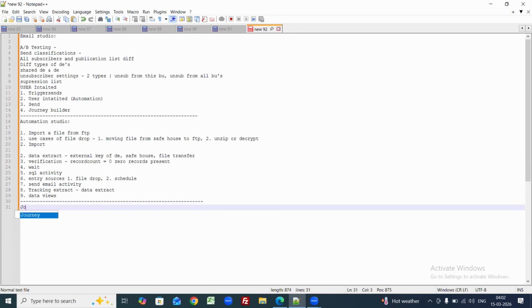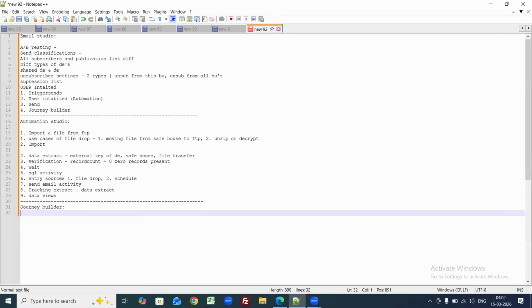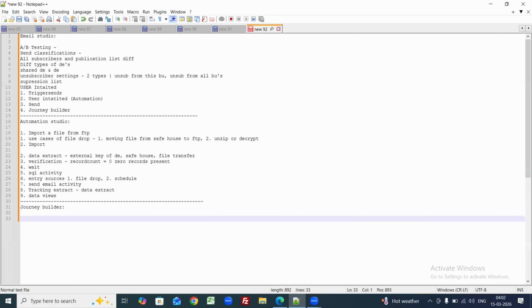So coming to the next is the journey builder. In the journey builder, here also you are going to see scenario based questions only. Like they are going to ask you what all are the activities present in the journey builder. So you are going to say there is engagement split, decision splits. There are some Einstein blocks. There is path optimizer. You are going to say there are some weight by attributes. So you are going to explain each. You are going to say all the activities present in the journey builder, and they are going to ask you